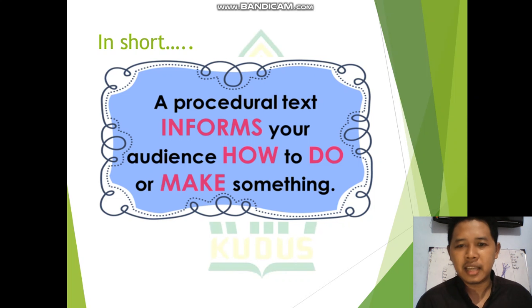It's totally different from the brother of procedure text, explanation text, where everything happens by nature. You can tell the process but you cannot do it. For example, how rain drops, you cannot make rain. How a tsunami happens, you cannot make a tsunami. But procedure text is more like something for a manual.